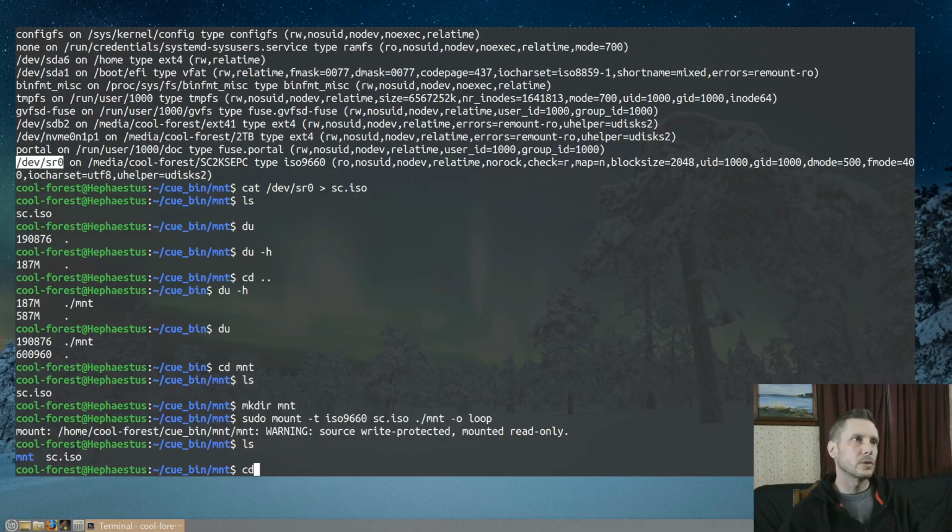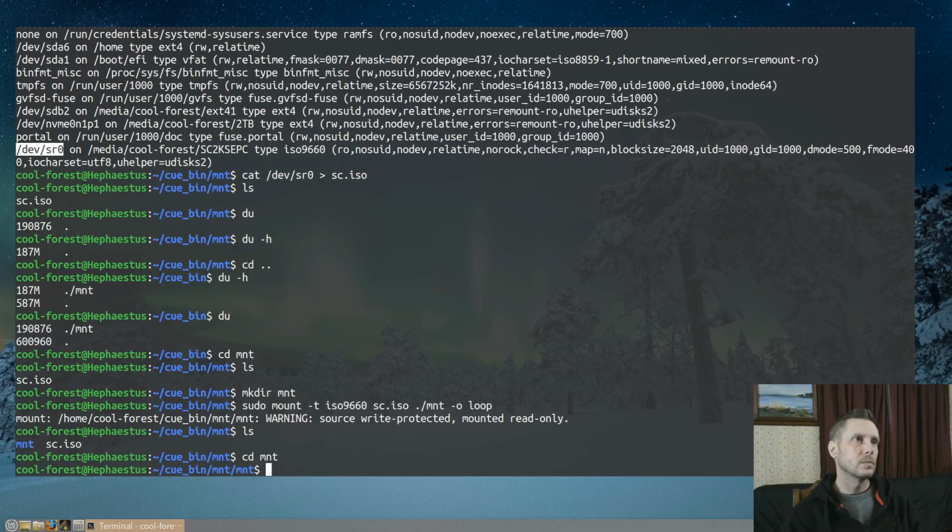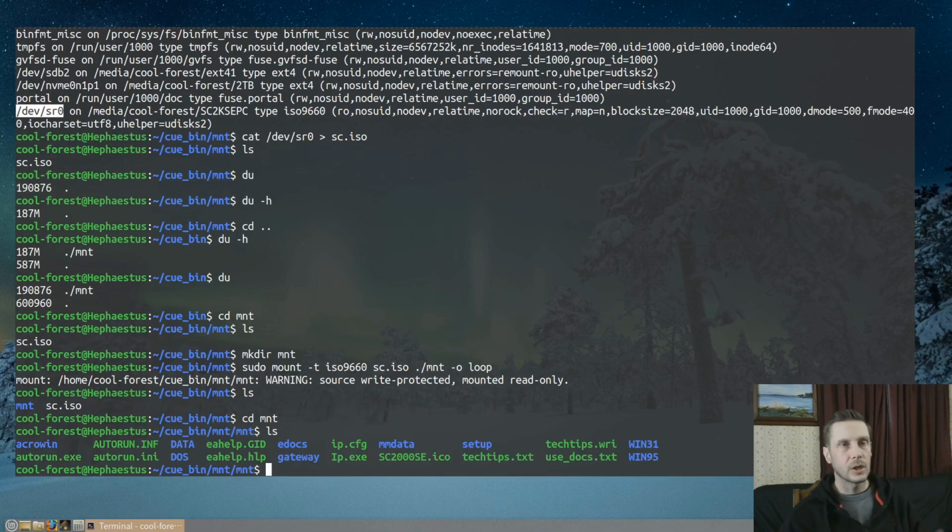And if we go into this new mount directory, you can see all the same stuff that we just saw, and it works the same way. It's all just as functional as it was before.